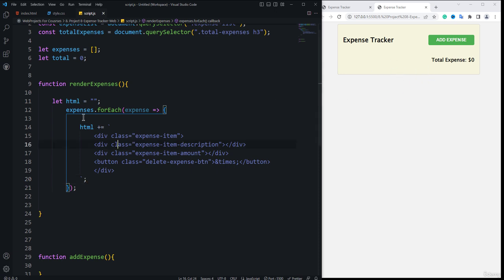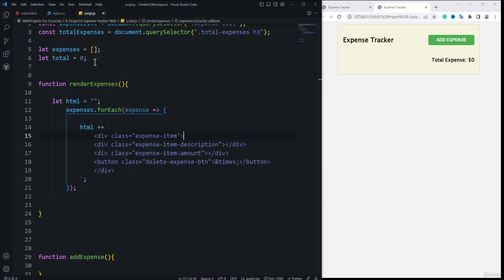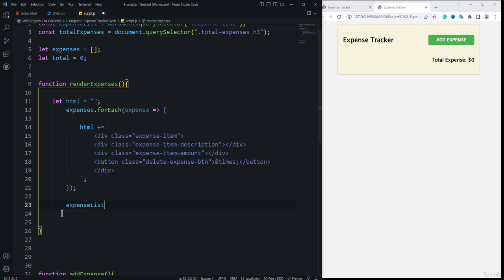The reason for that, we need to update the inner HTML of this class list, which is the expense list. So we are going to do that. Where is our JavaScript? This is the JavaScript code. So after the end of this forEach method, inside of that, first we need to use the expenseList dot, and we are going to update its innerHTML equal to html, and then we need to